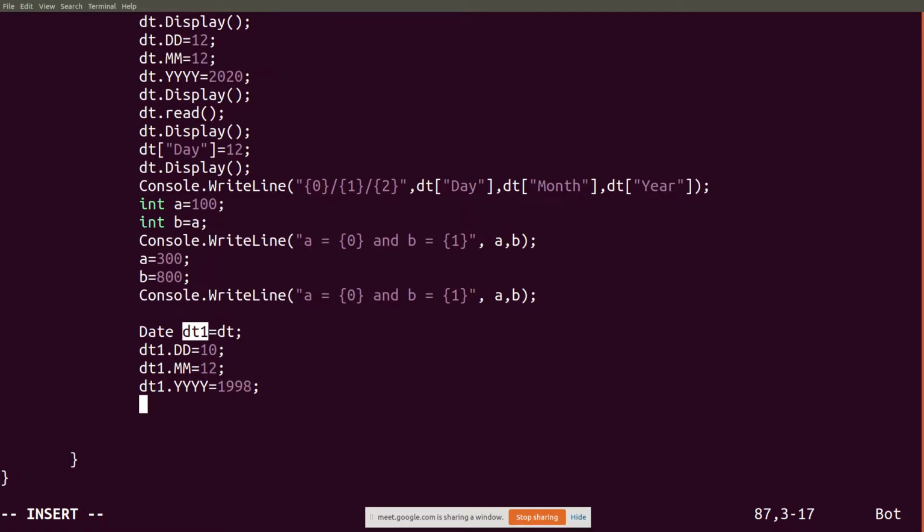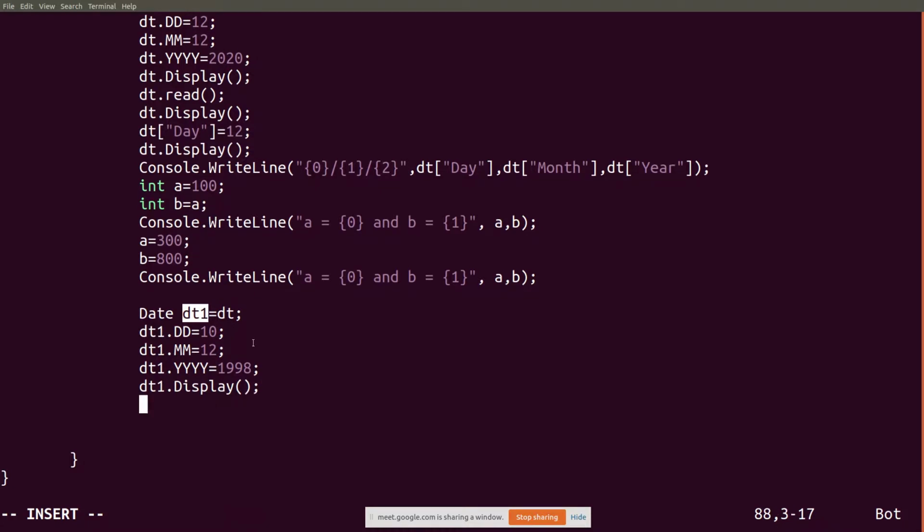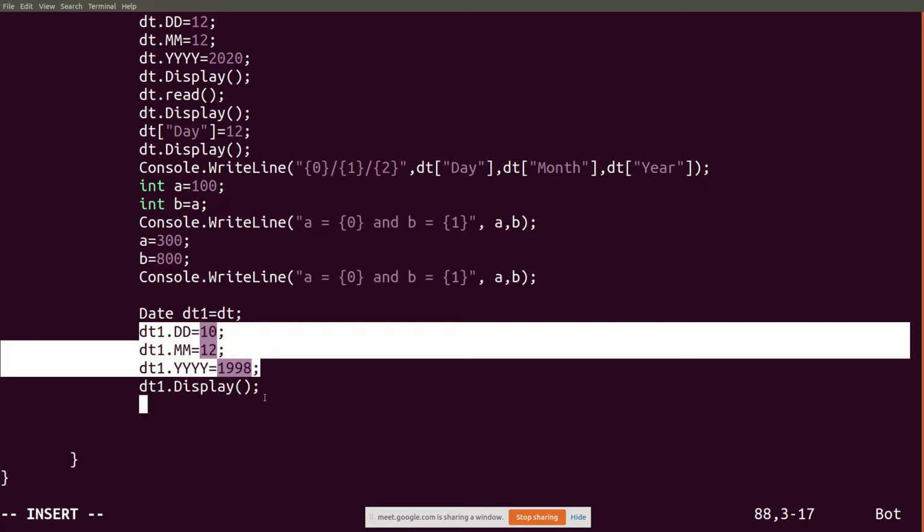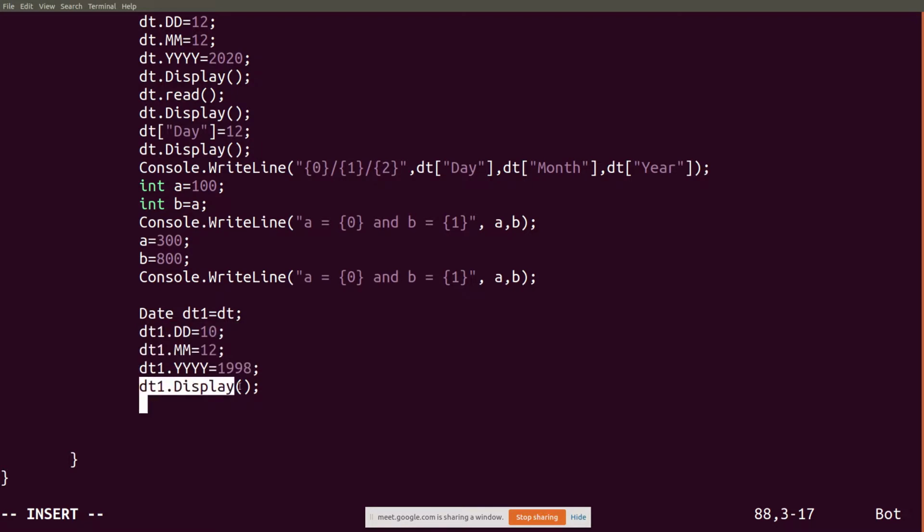Okay, now I gave dt1.display. Actually I have assigned dt to dt1 and I have changed the values of dt1. I am displaying dt1 here. Now let us execute the program.